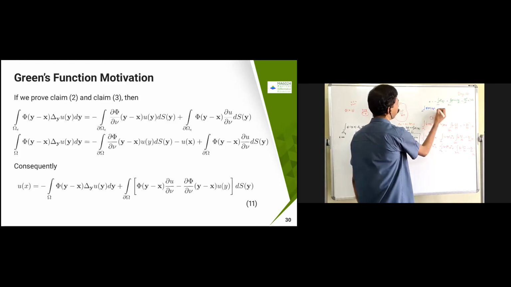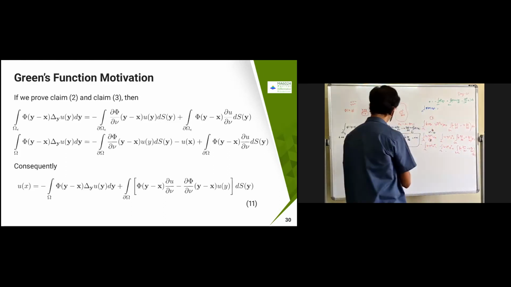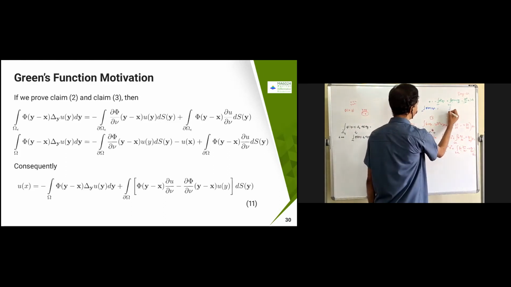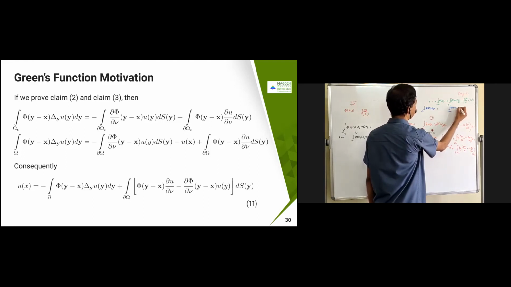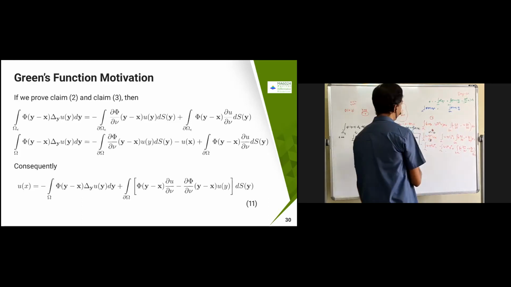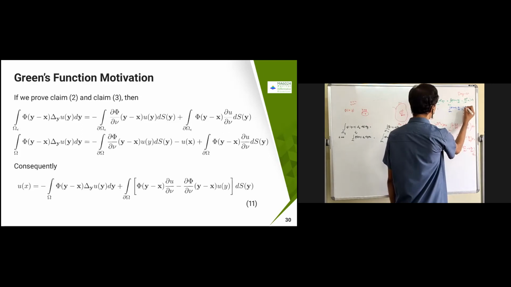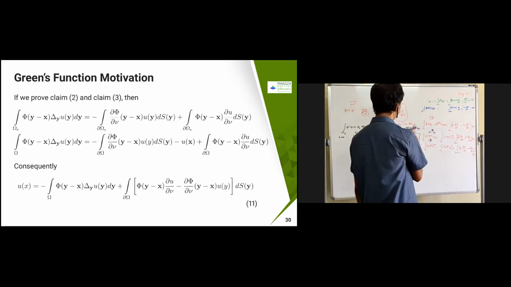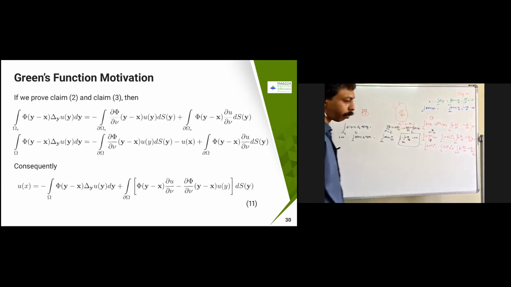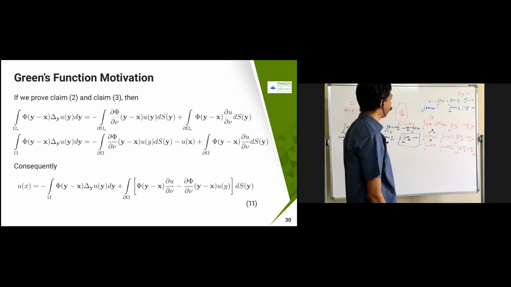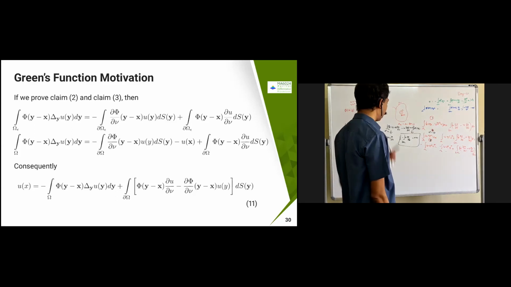over omega equal to, I have this one, ∂omega, π of y minus x, ∂u by ∂ν, minus the integral over u ∂π by ∂ν, minus u of x. So this will become minus of minus. In this case, we are going to get